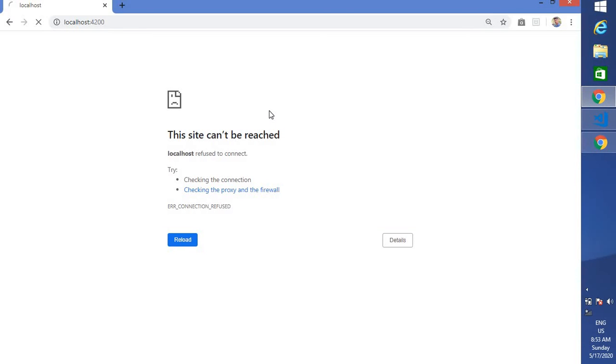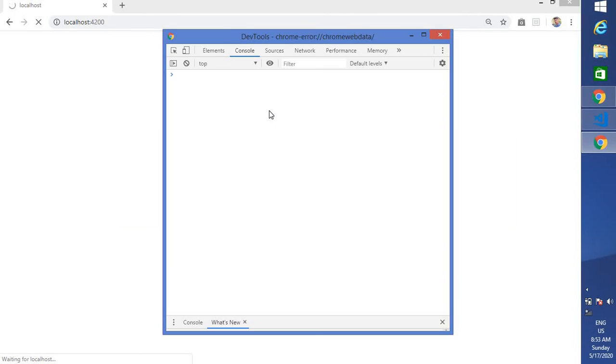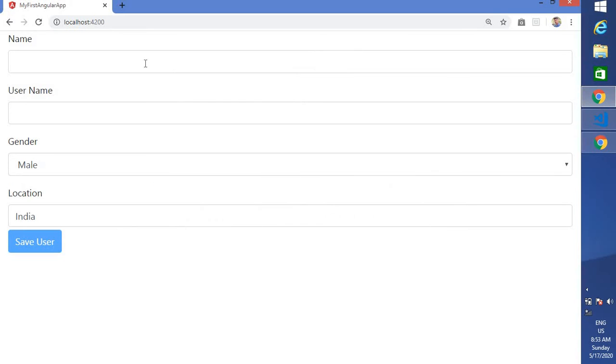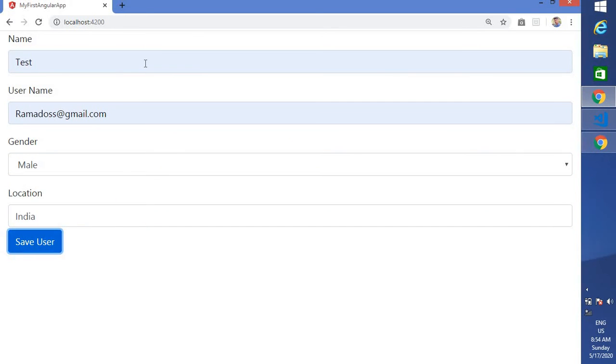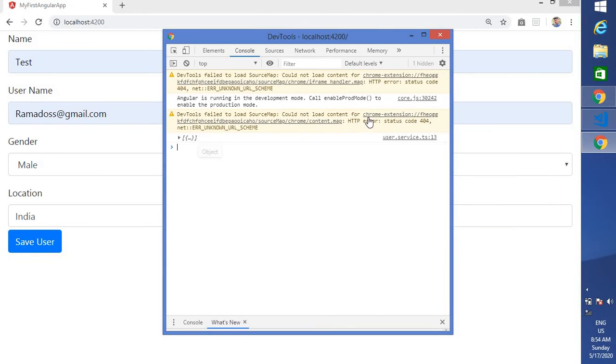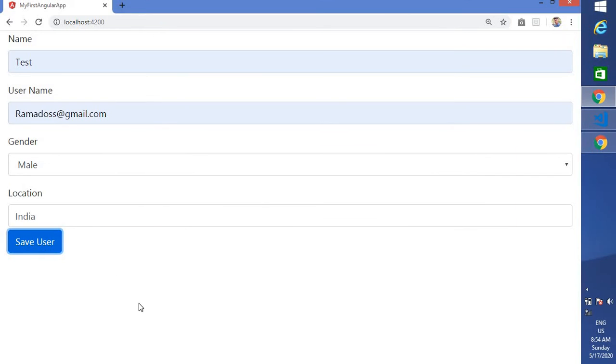Go to Oracle, let me refresh it. Let me give some details, click on save. Now you're able to see that it was hitting the user service and it has data. Okay, but we are not able to see our data.